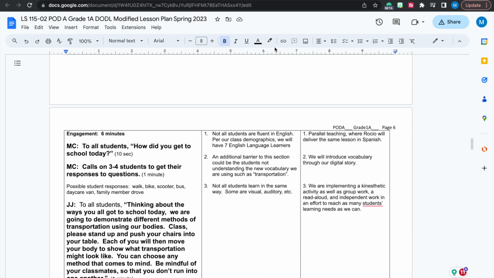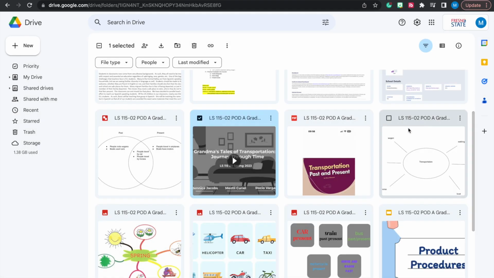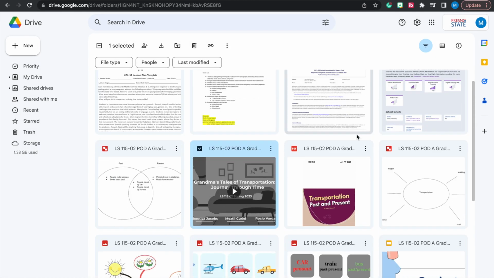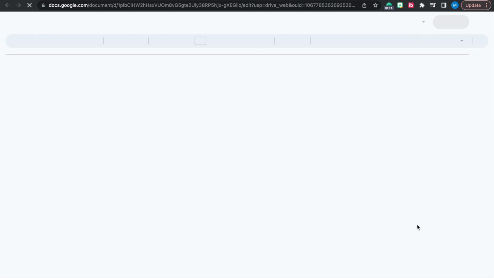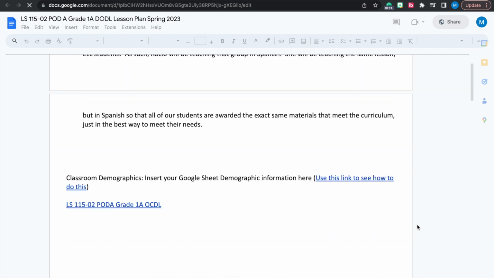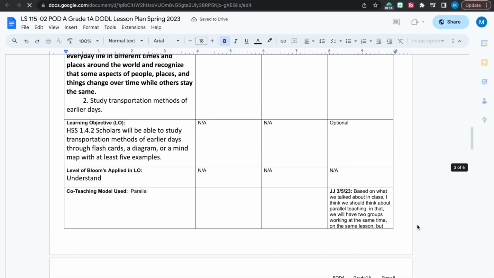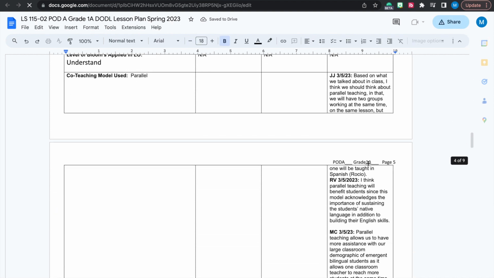And another thing I enjoyed, I'll have to go to our Google Drive to pull it up, is that I also really enjoyed having our metacognitive statements. I feel like it allowed for us to see that progression of our lesson. Here it is. So I really liked our metacognitive statement because there were times where I felt kind of stuck,